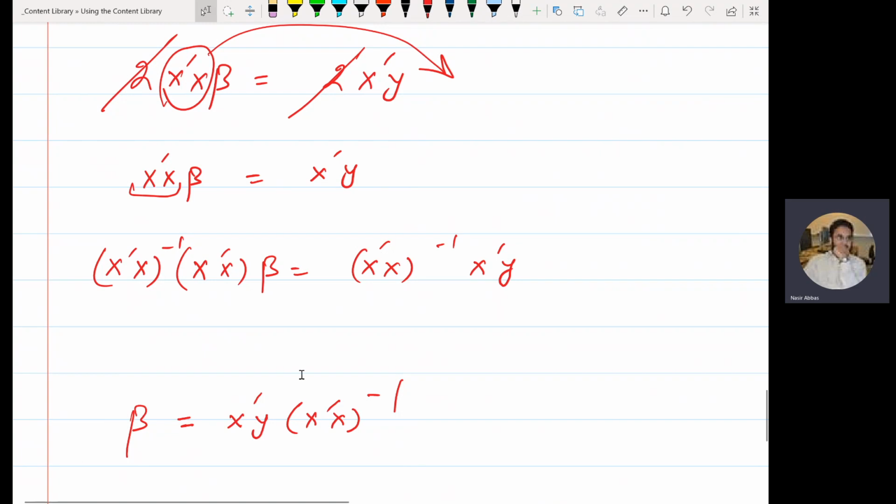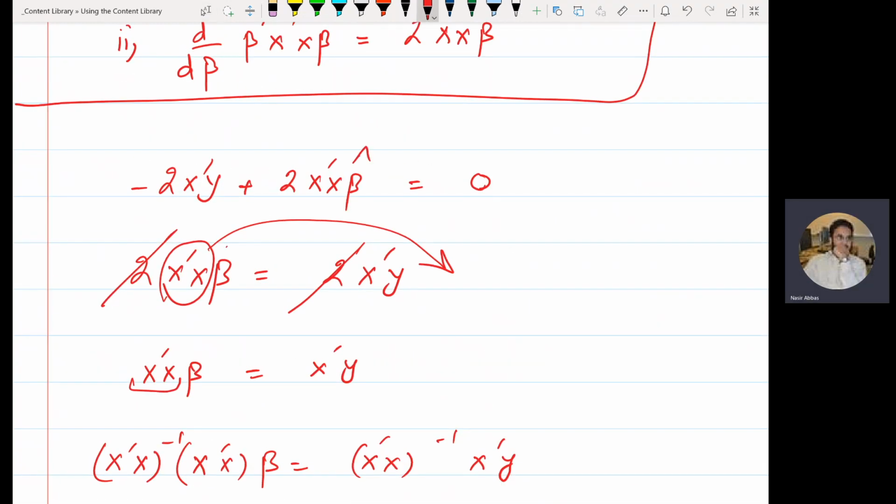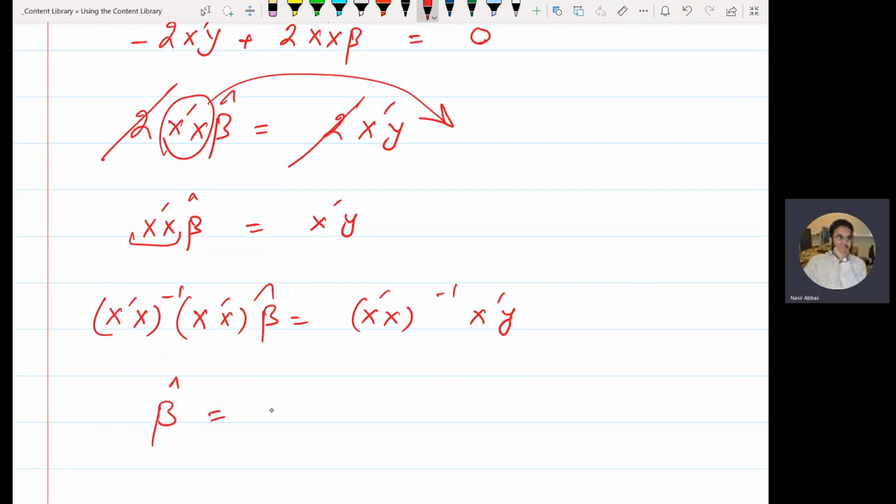And finally, you will have the formula of beta hat. By the way, when I put it equal to 0, I should have said beta hat. And finally, your beta hat is